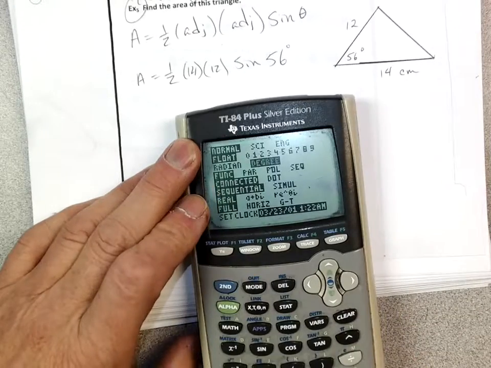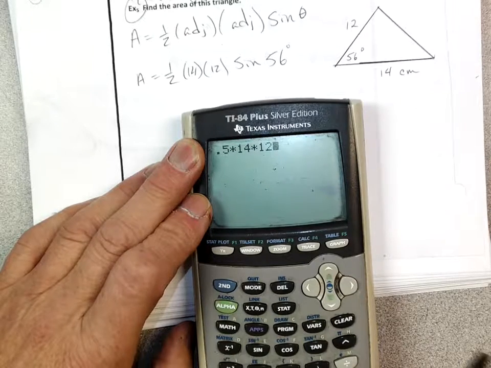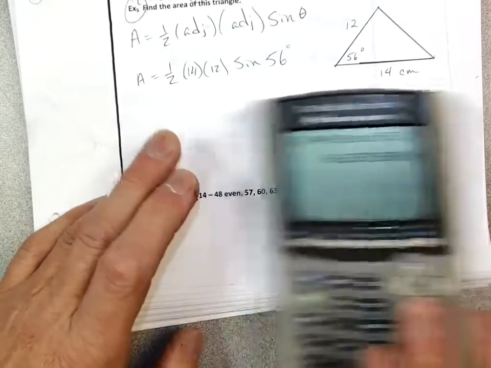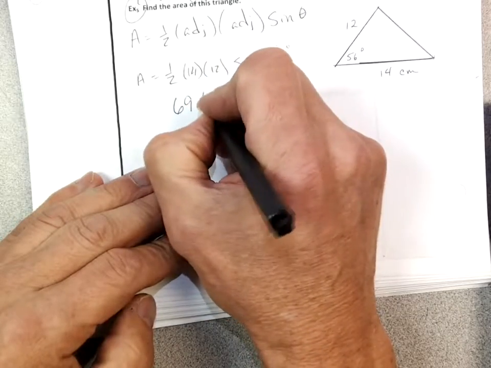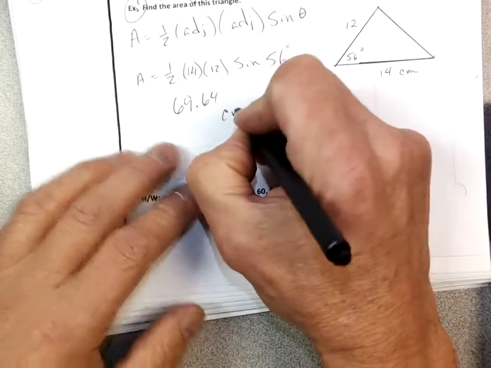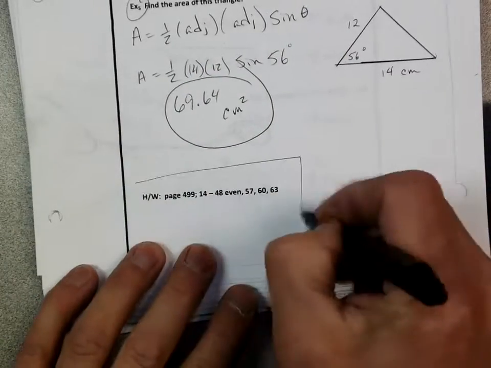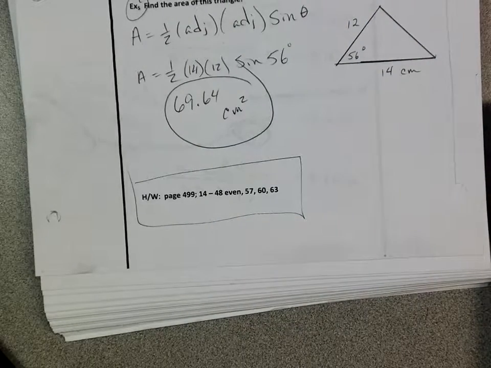So I'm going to go 0.5 times 14 times 12 times the sine of 56. And there it is, about 69.64 centimeters squared. Okay, so homework. Make sure you draw the picture, show the work,